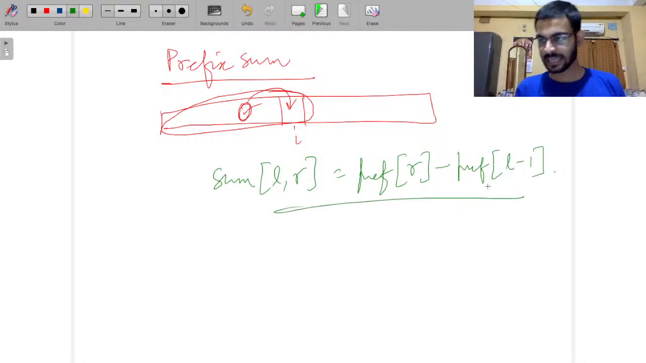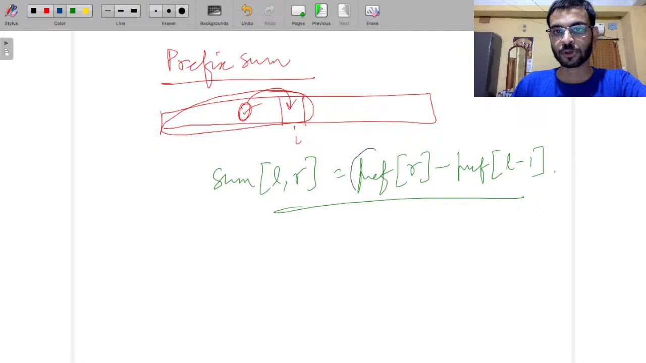So what this indicates is, I think what Ivan actually meant is prefix of R minus prefix of L minus 1. Yeah, Hitesh should record it. So that's good. But now we have actually found out that since both are pre-calculated,